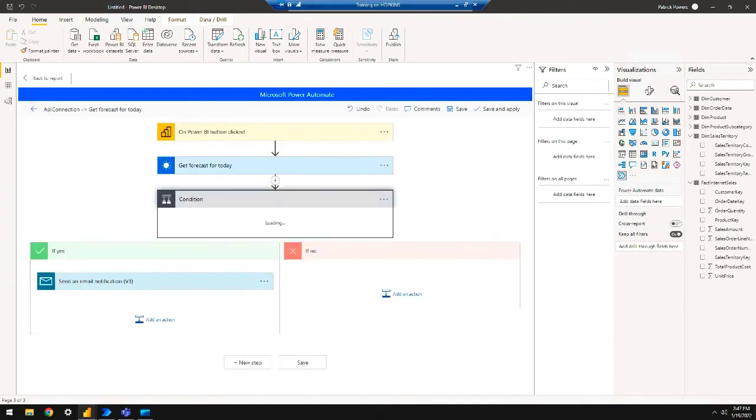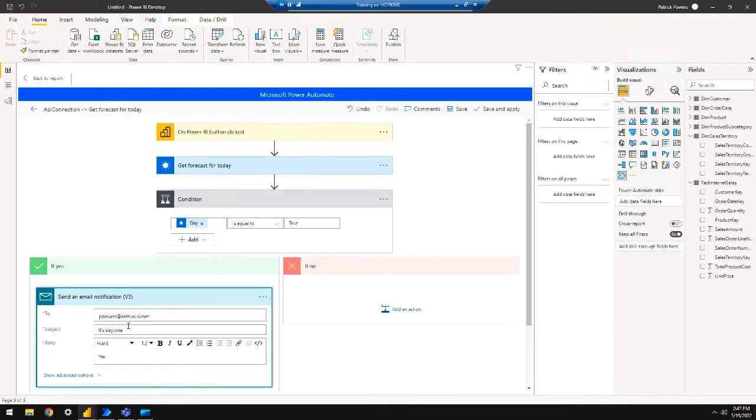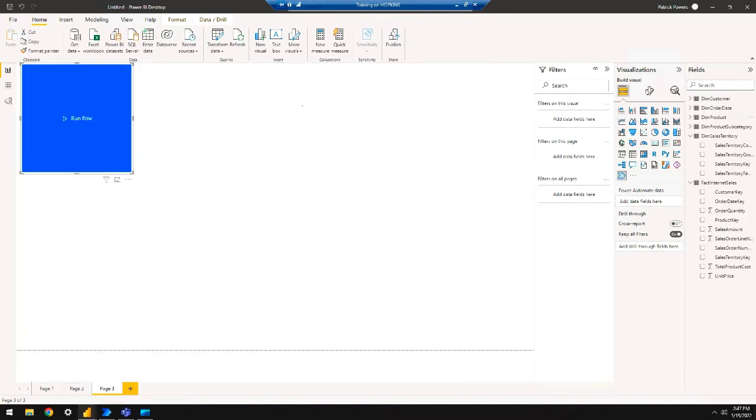Inside of this part of the condition, I've specified who it should go to, saying it's daytime, yes, it's good to go. I'm just waiting for the email to come through because, of course, it's going to take its sweet time. But it would send it out there. Now, along those same lines, the last one I want to show you right now, officially,